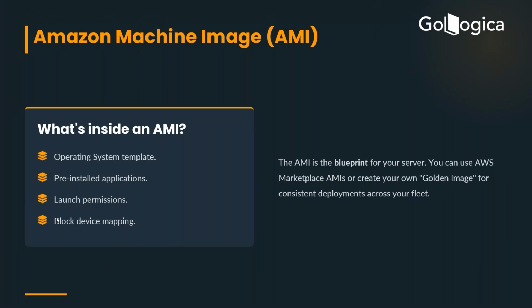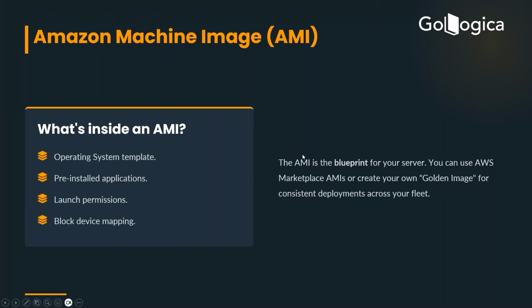Another option is that the instance you already configured with that Apache web server, you can take an image of that instance and launch your next instance from that new AMI, the new image. This new image will already have all the configurations that you already did. So it will be a pre-configured instance that you get, with the application already installed, that is the Apache web server. Okay, sounds good. That makes sense.